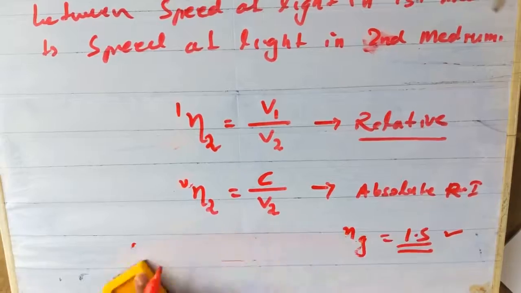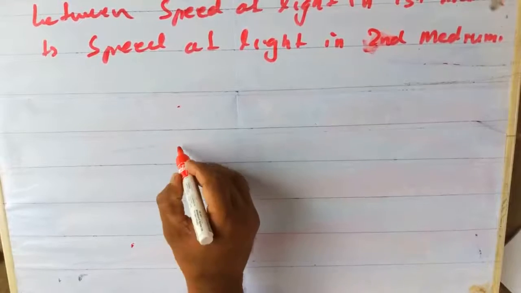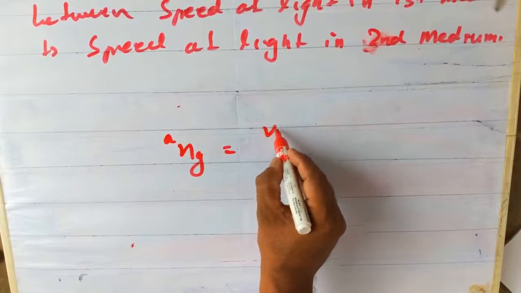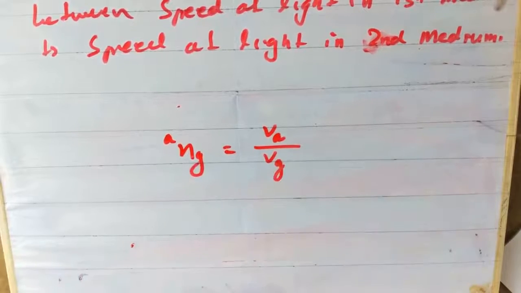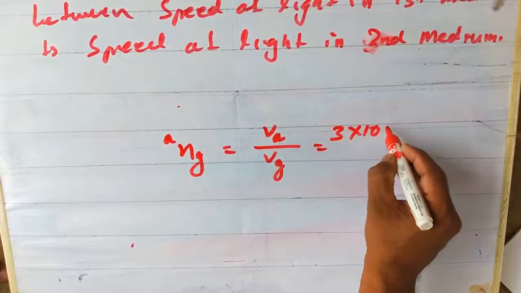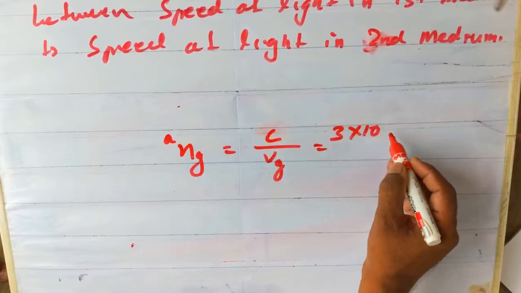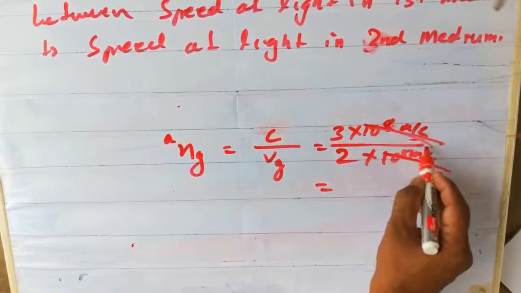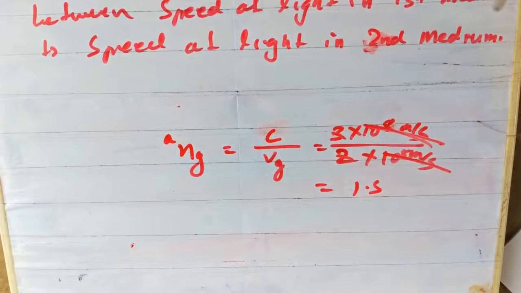See, suppose I'm going to find the refractive index of glass with respect to vacuum or air. That is the velocity of light in air, the first medium, to the velocity of light in the second medium. Clear? So what is the velocity? 3 into 10 to the power 8 meter per second for light in air. Instead of writing this, better to write C. And 2 into 10 to the power 8 meter per second in glass. So that will be 3 by 2, which is 1.5. No unit. Are you clear now?